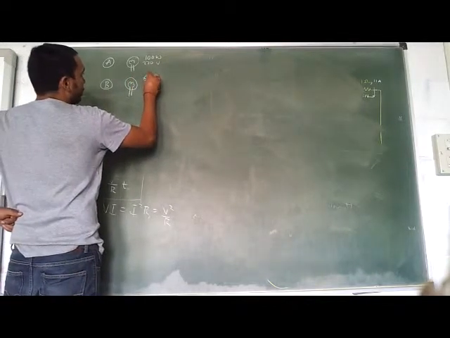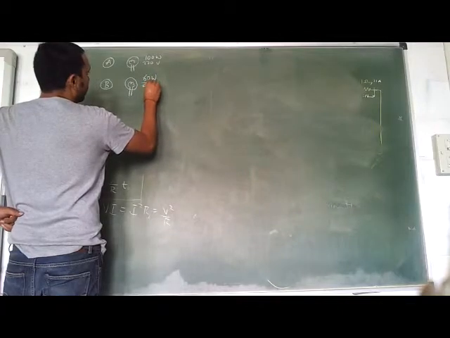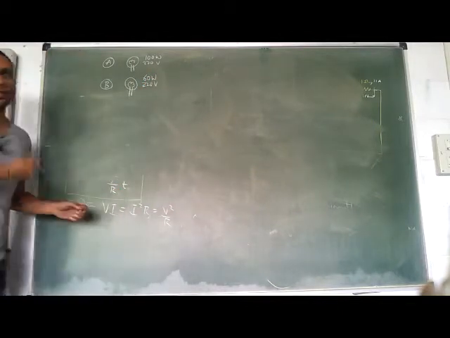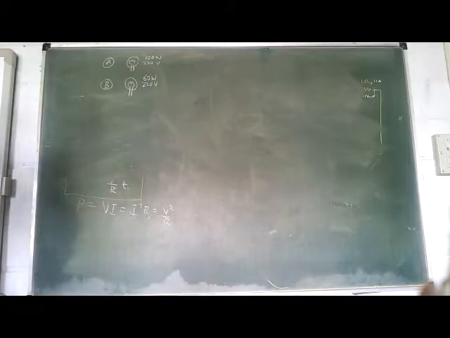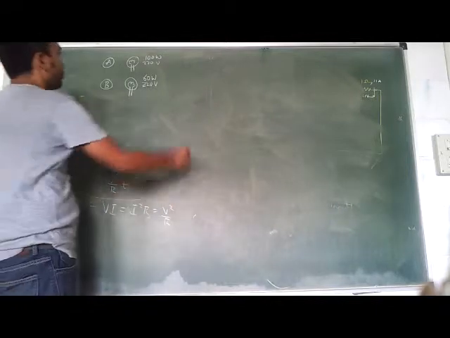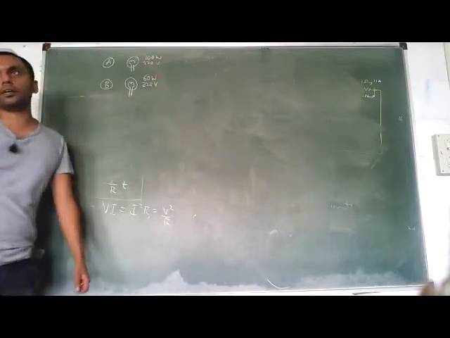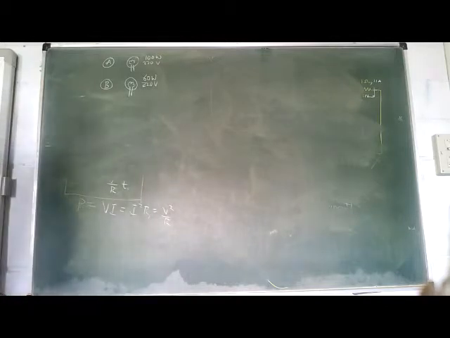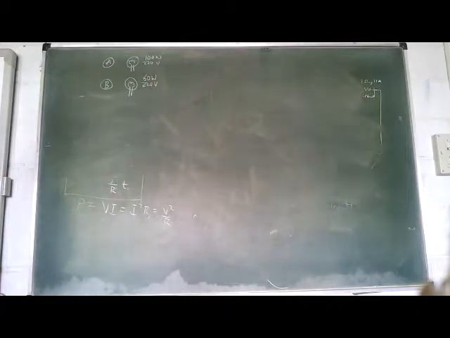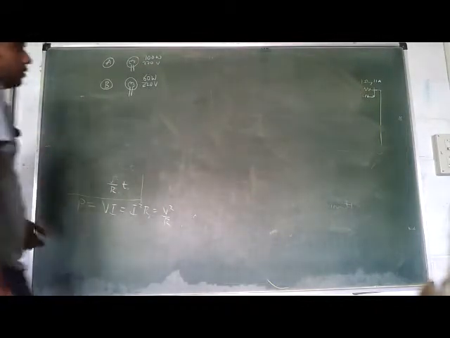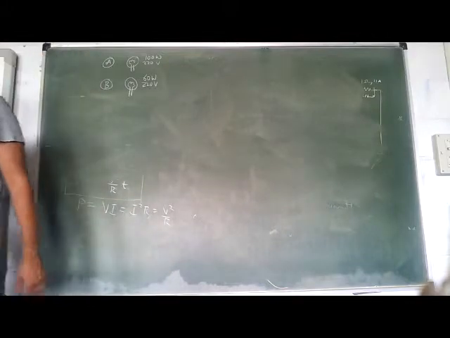This is 60 watt and, just for general knowledge, which of the two is brighter? If you want a bright bulb, 100 watt, right? If you want a bulb which is consuming less energy, you will buy a 60 watt or 40 watt bulb. So this is simply the power it is giving out, the heat and light it is giving out, the energy it is giving out per unit time. 100 watt means 100 joules per second. More it is giving, like halogens, they are 500 watts and 1000 watt halogens.